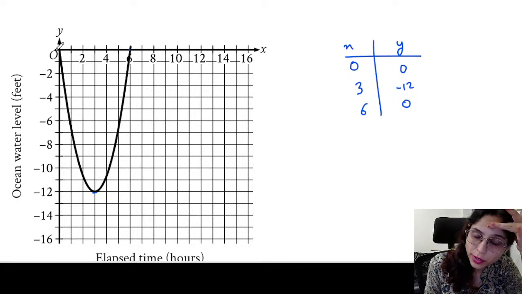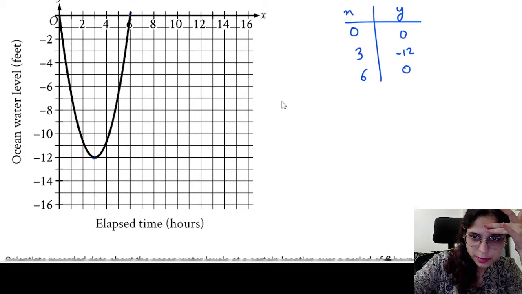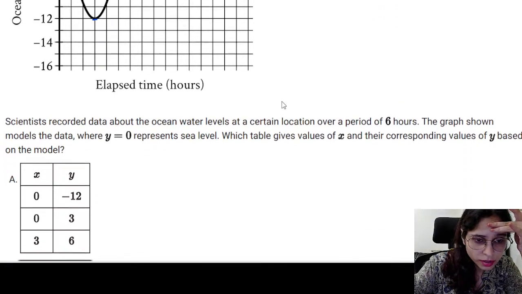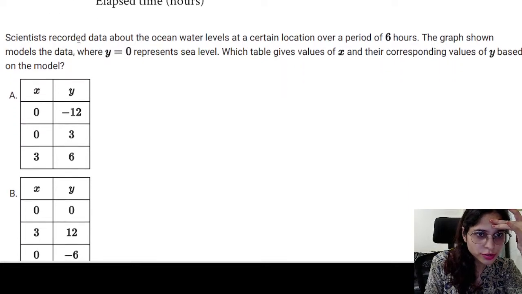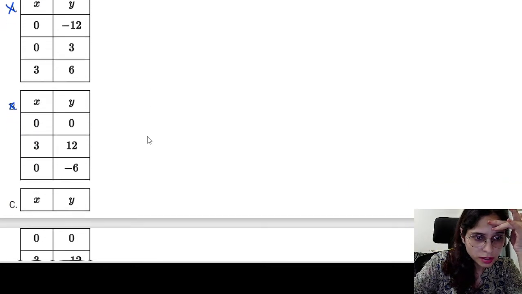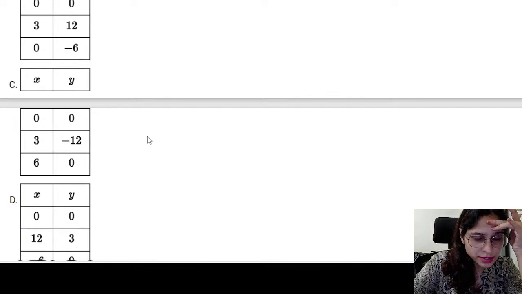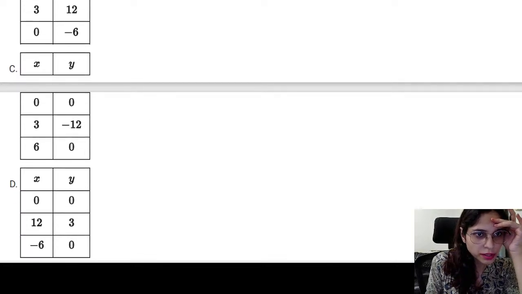So we have got our points. I'm really sorry about that. At 0 we have 0, at 3 we have negative 12, at 6 we have 0. And now let's see where I have these points. At 0 we have 0, so this option is gone. At 0 we have 0, at 3 we have negative 12, so this option is also gone. And then at 0 we have 0, at 3 we have negative 12, at 6 we have 0, so C